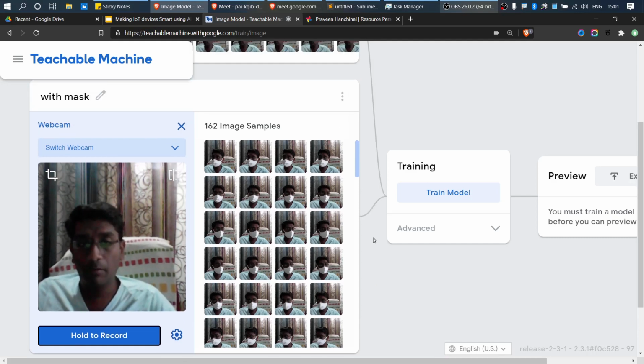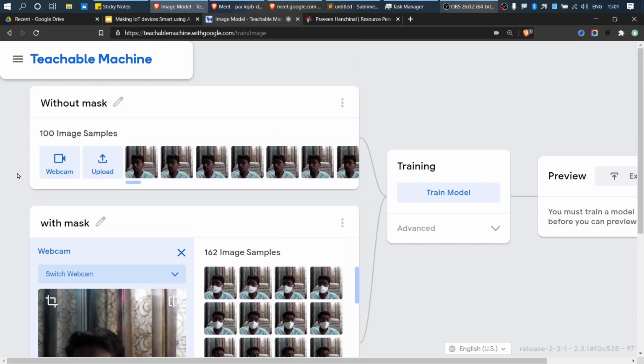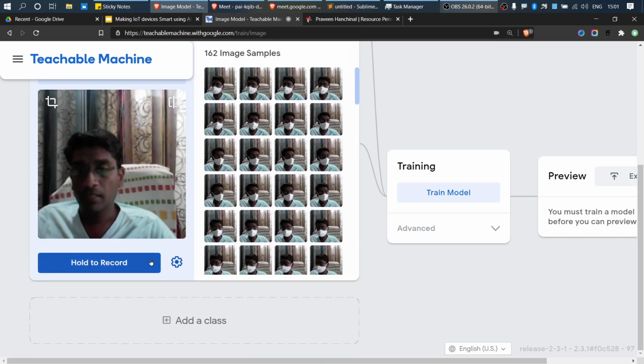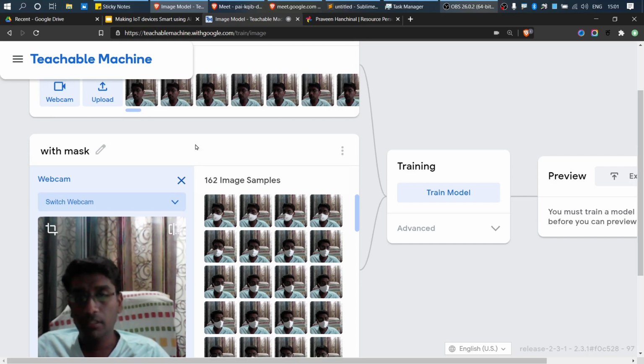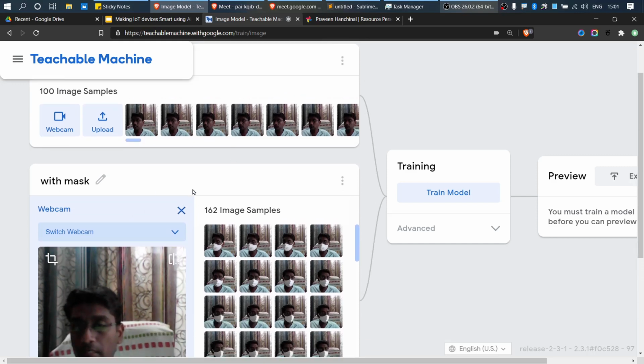I hope you are getting my point. So right now I have only two classes, without mask and with mask. So I'll just train this now. I have to give 100 images of without mask and 162 samples with mask.